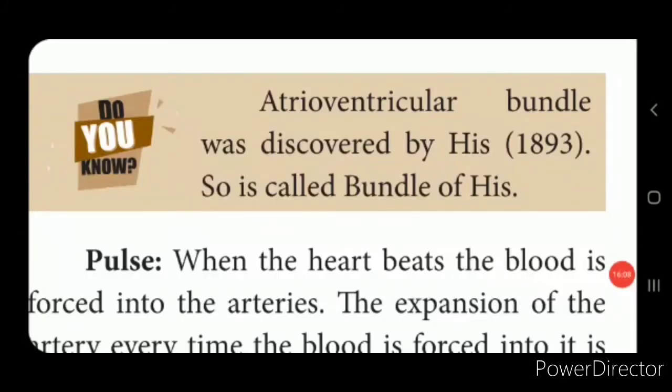Now in the initiation and the conduction of the heartbeat, we said that the impulse, that is the wave of contraction from the sinoatrial node, passes through the atrioventricular node, from SA node to AV node. Now here we said that it is through an atrioventricular bundle, and this was discovered by His, H-I-S, a scientist, and this is also called the bundle of His. Now you can see it on the screen, children. This is a very important objective type question because it is often asked in question papers. Please make a note of it.